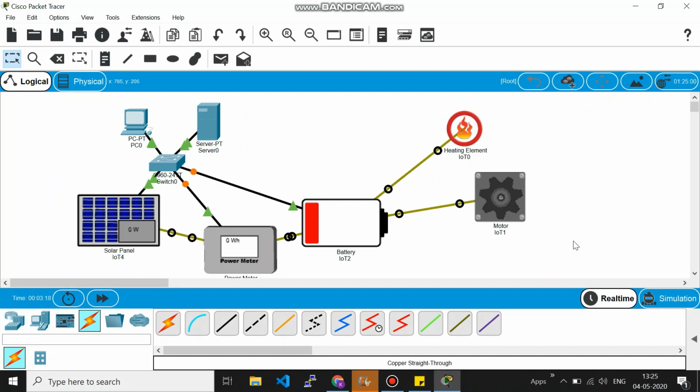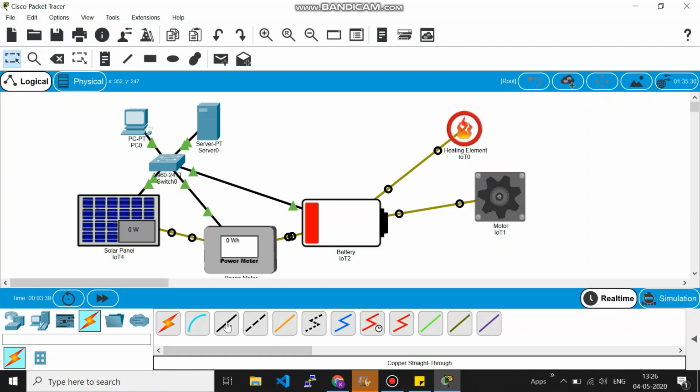Welcome back. This is the place we have left, and here we can see the heating element has turned red, and then the motor is also working, and these connections are already clear to you. Okay, so this is that IoT cable type which is given here, the custom cable, and the black ones here represent your Ethernet cable.